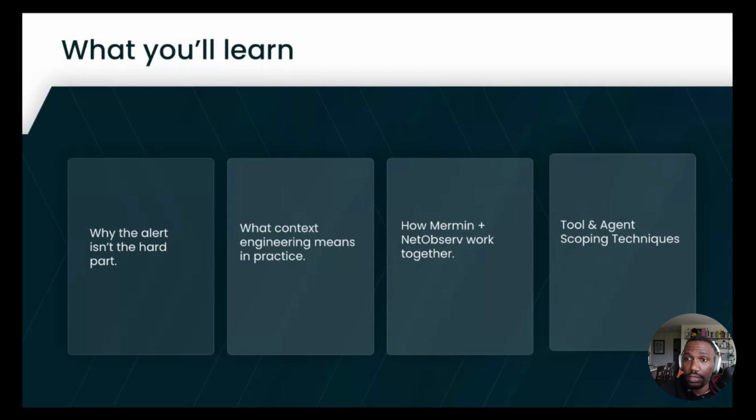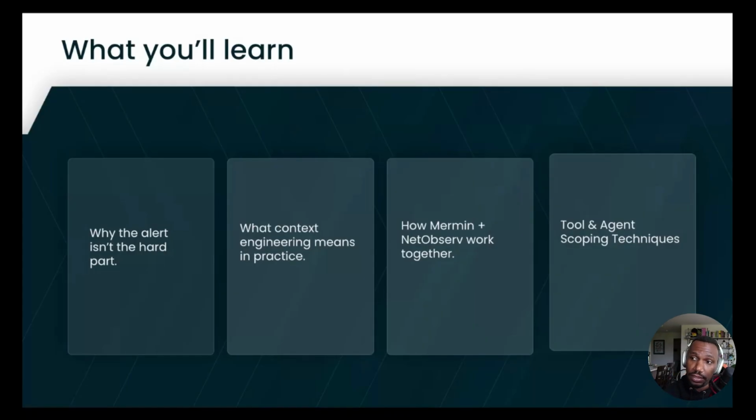The things that I'm hoping you get out of it are, one, why the alert isn't the hard part. We have so many tools now to let you know when something is breaking. However, when you're woken up at 2 a.m., you don't really care that it's broken. You care about how it came to be broken and what you can do to remediate that issue. Also, in that process of figuring out what to do in order to remediate, you are in essence building context around that error. So how do we start to move those practices from our skilled SREs, DevOps, and application engineers